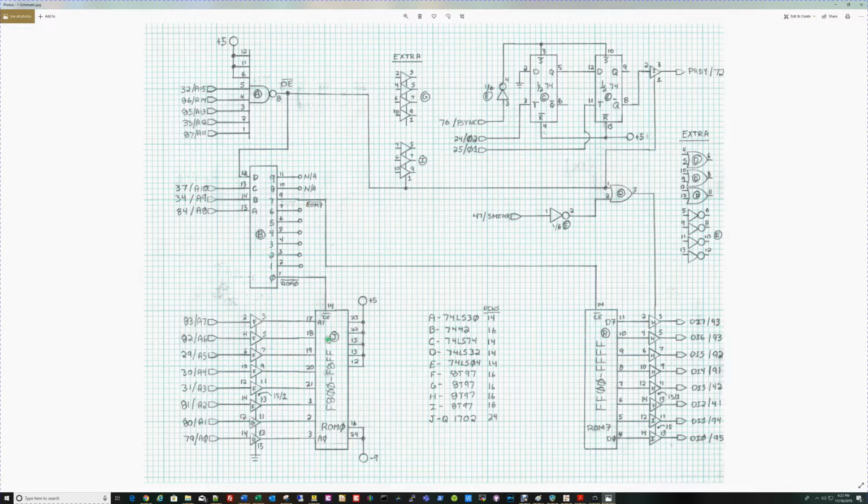And what that'll do from ROM 0 then is say, depending on the address that's coming into me on A0 to A7, it's data pins, and I've represented the data pins on this side of the schematic over here, would output the data for that byte. And then with output enable low here,